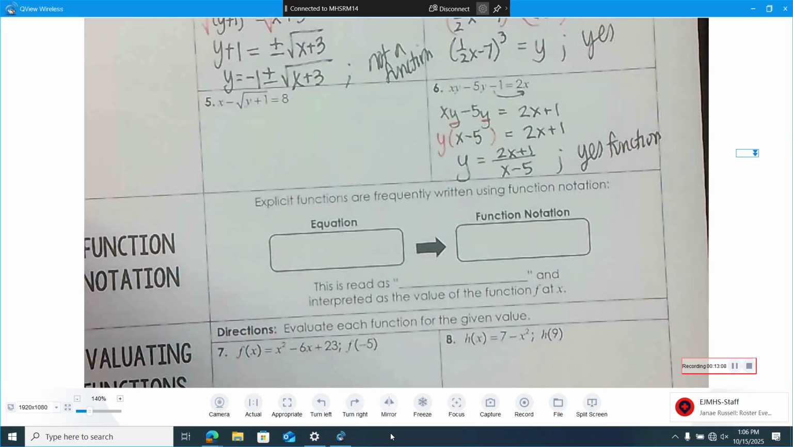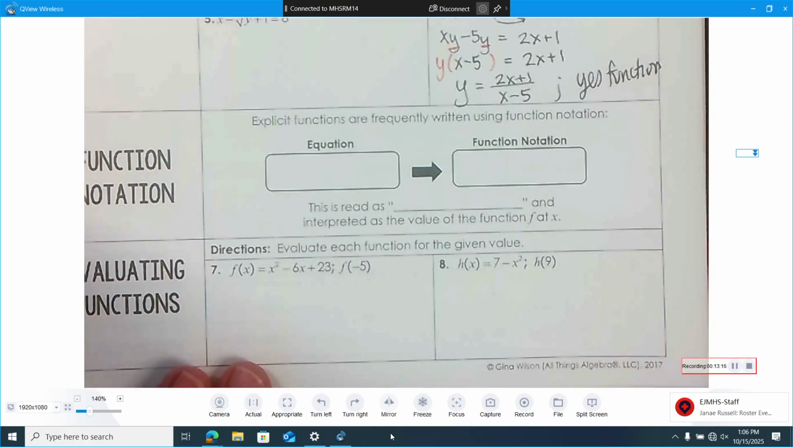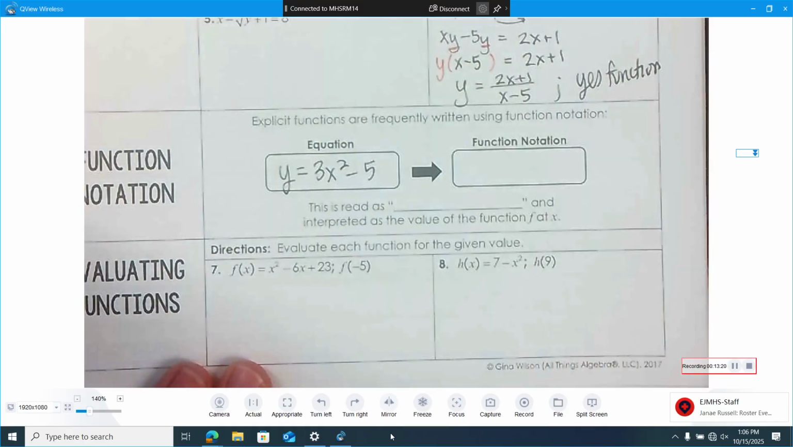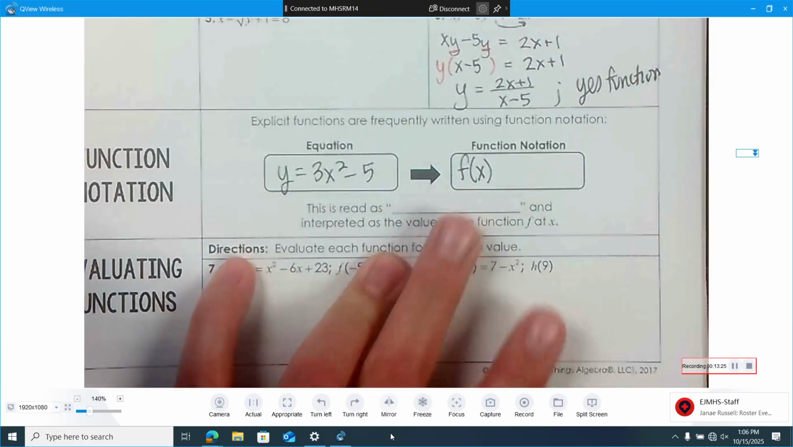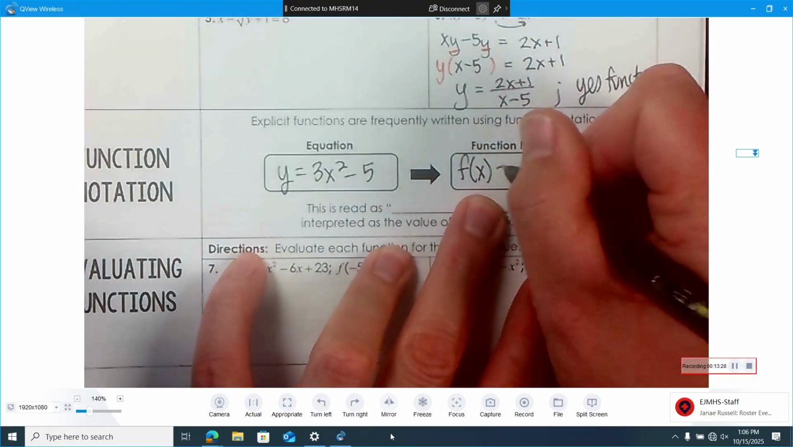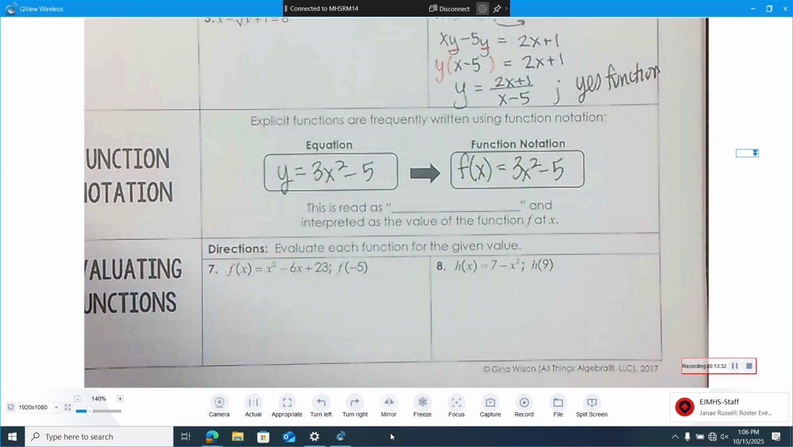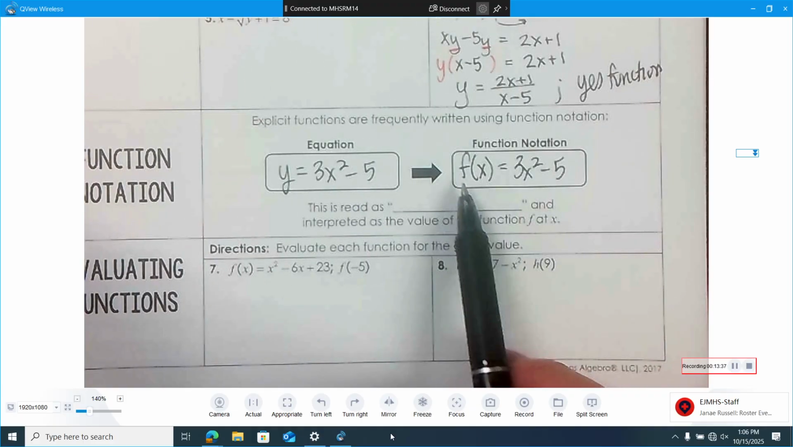Explicit functions are frequently written using function notation. We use function notation all the time. You're going to get really good at function notation. So instead of writing something like y equals 3x squared minus 5, in function notation we are going to use f of x. F of x is how we say that, equals 3x squared minus 5. The only difference is I like to call it a fancy y. That's f for fancy. Okay, what this is saying is we have some function. The f is for function,